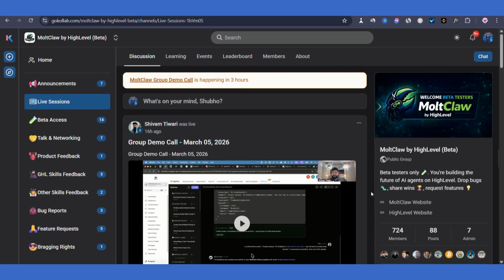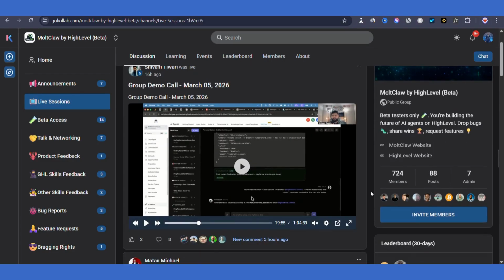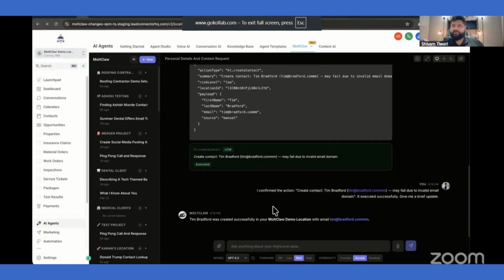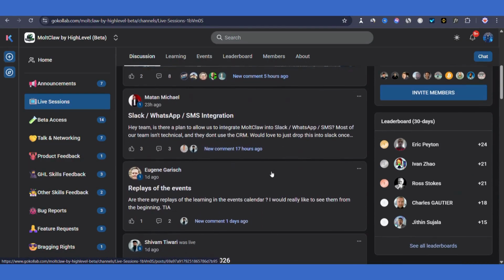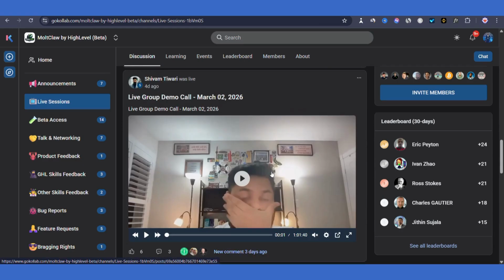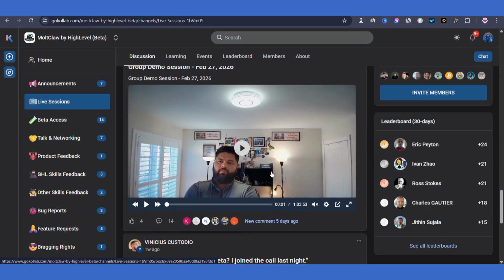So far, I have tested simple things like this. I did not go to the depth of this AI agent, but I watched the demo session. In the demo session, Shivam showed much more advanced capabilities like creating custom CRM objects for specific industries, configuring locations as niche-specific demo accounts, and seeding them with sample data. Those are the things I will explore and show you in upcoming tutorial videos once I understand them